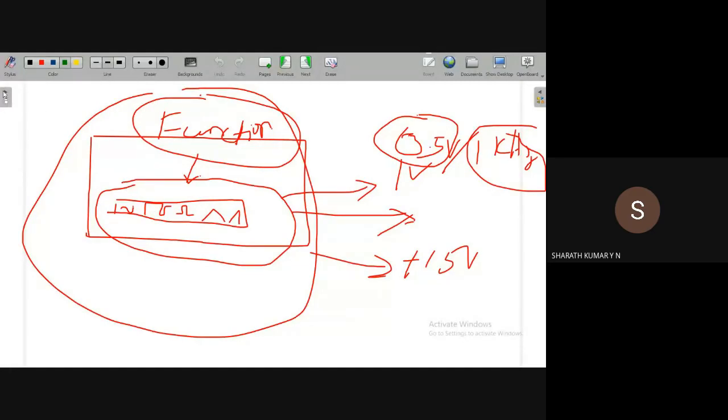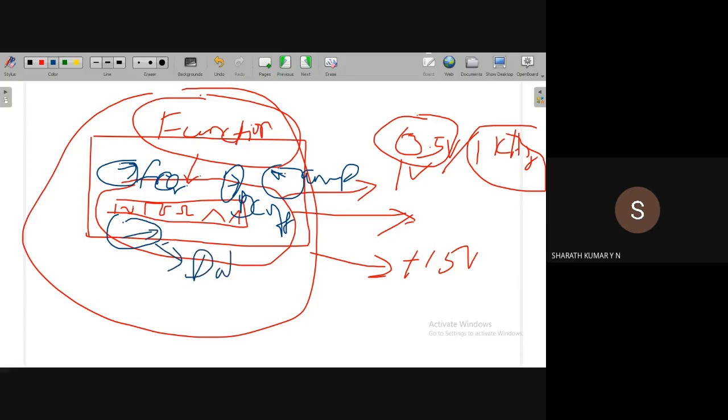Guys, if you select a signal generator, we can adjust various parameters like amplitude. We can adjust the frequency, and let us say the DC offset voltage. There is amplitude, frequency, offset voltage, and what is called the duty cycle. If you remember, there was a duty cycle function. Duty cycle. Okay, fine.